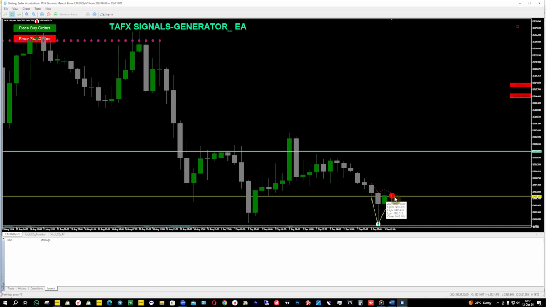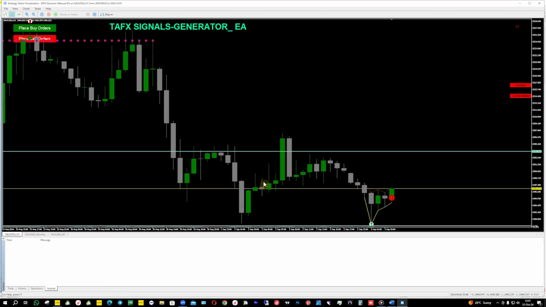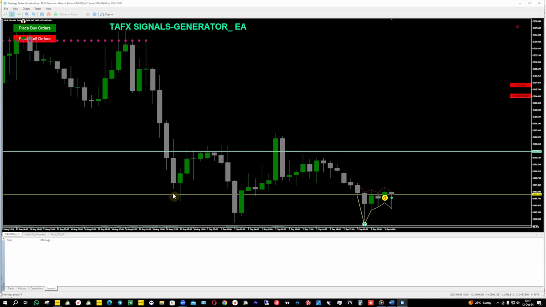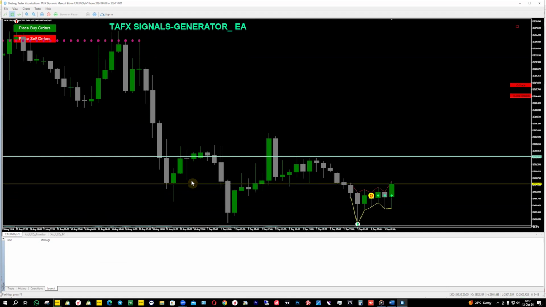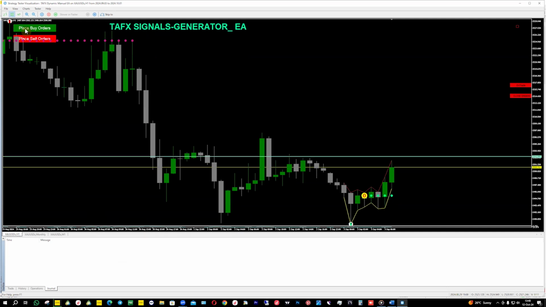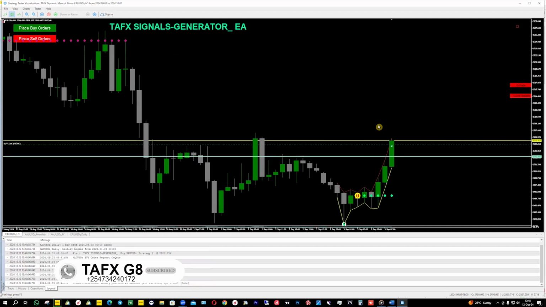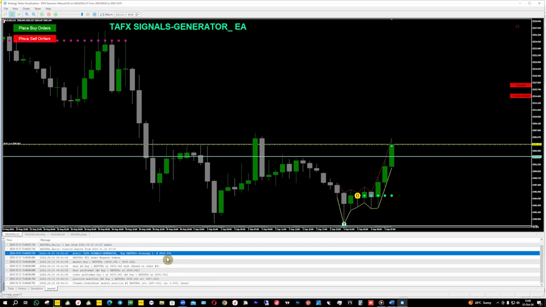But the moment it gives us a buy signal, we'll take that buy and see how this thing will work. All right? How this thing will work, guys. Let's wait for the system. You can imagine this is the system that analyzes a lot of things before giving any of the signals. So let's wait. You can see now we have a buy. It has given us a buy signal. All right, it has already given us a buy signal. TFX Allied Signal Generator, buy